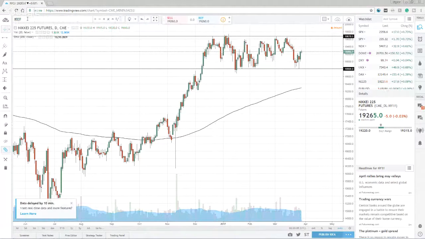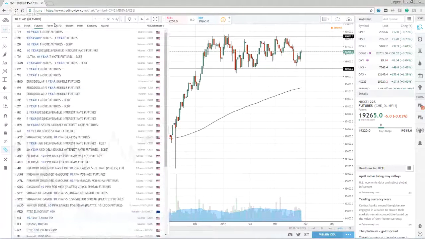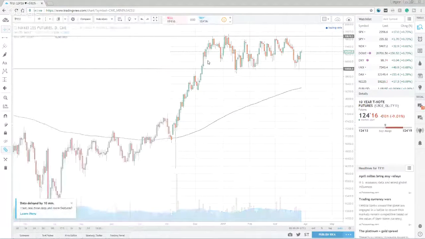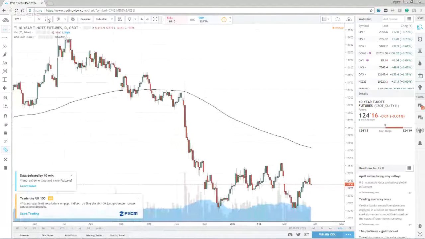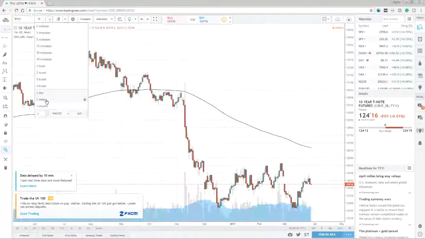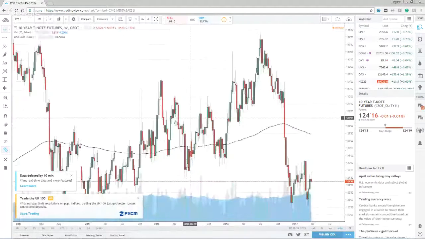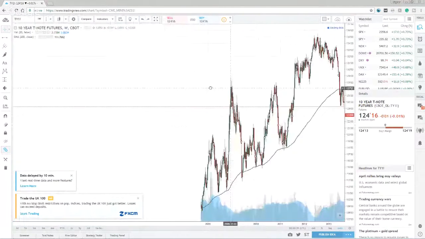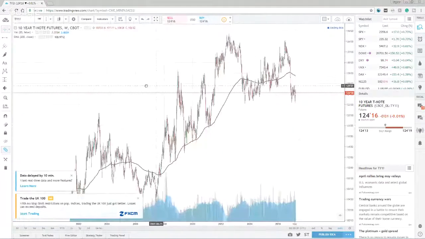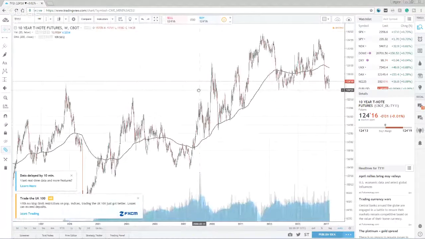Let's have a look at the bond market. It's actually quite interesting right now. All right, let's look at the 10-year treasury. Okay, how about this? As you know, interest rates have been very low since 06, 07, the crisis period. So you can actually look at the higher time frame. Let's look at the weekly time frame. You can see that it's pretty much in a bull market. Looking back, this is because of periods of low interest rates. So this is why you see, since 07,